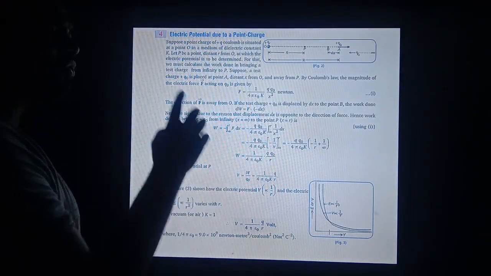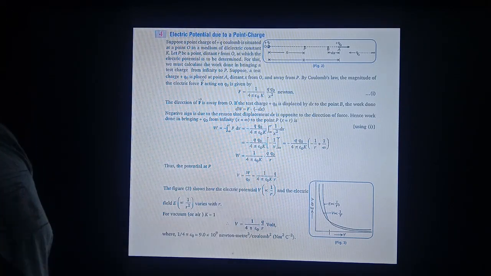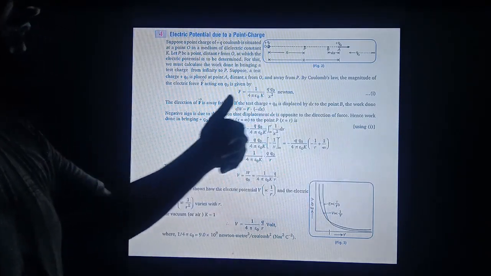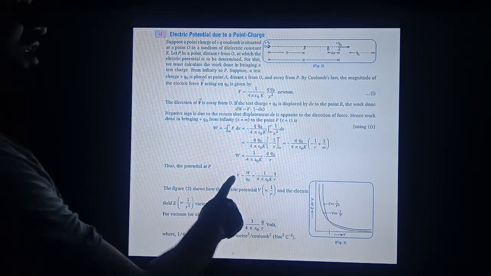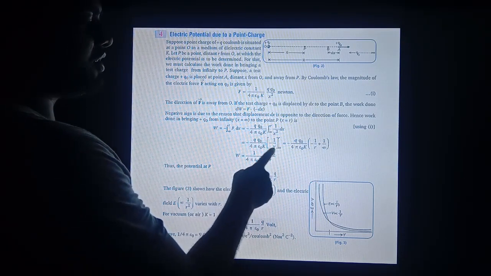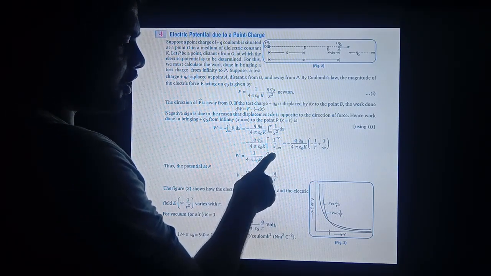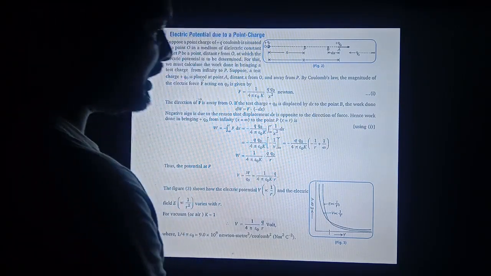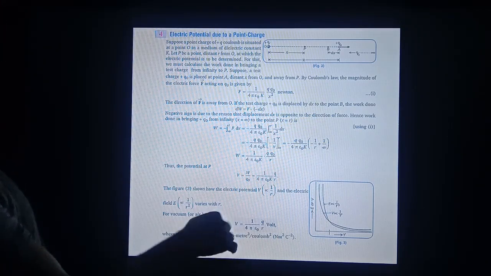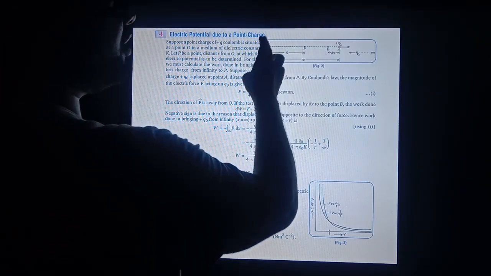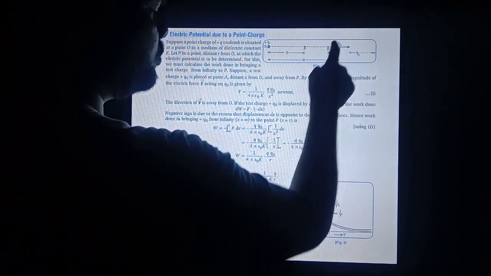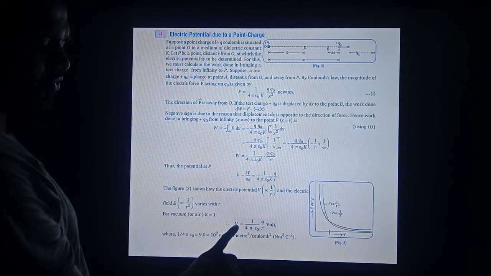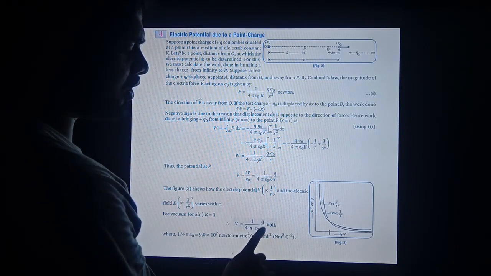Now we know very well from the definition, electric potential is the amount of work done in bringing a unit positive test charge from infinity to a point. So V is equal to W upon Q naught. W is this upon Q naught, and Q naught cancels. So the electric potential formula becomes 1 upon 4 pi epsilon naught K, Q upon r. Finally, suppose the medium in which these two charges are kept is air or vacuum, then K is equal to 1. For vacuum or air, K is equal to 1. So V is equal to 1 upon 4 pi epsilon naught, Q upon r, volt.